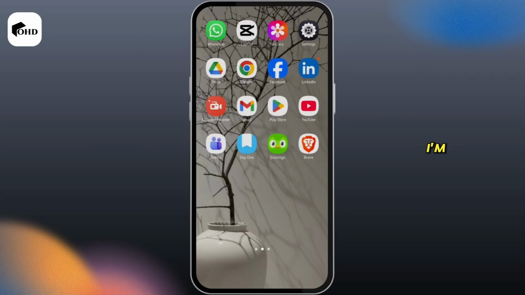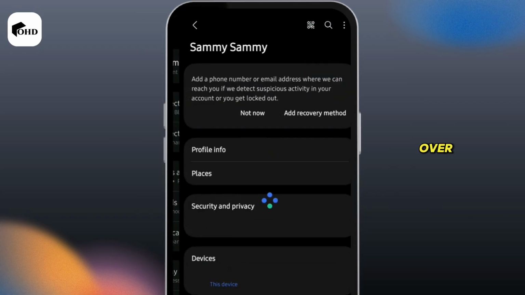Hey guys, in today's video I'm going to show you how you can fix the UI not responding on your Android device. So first of all, what you have to do is head over to your settings